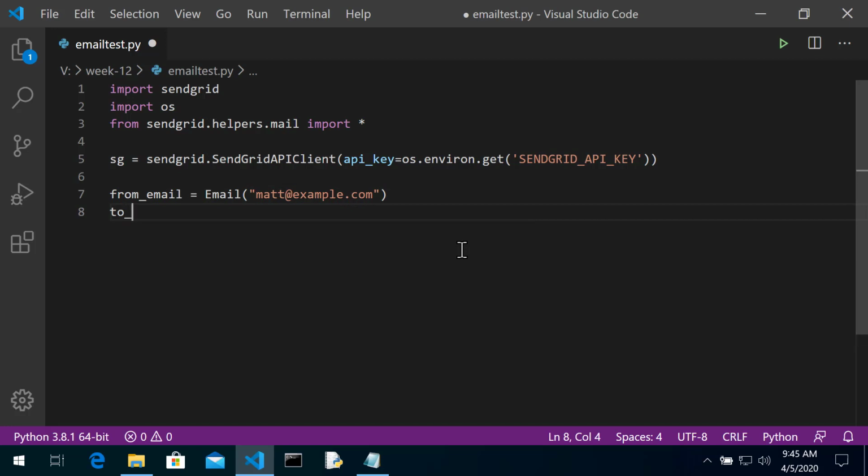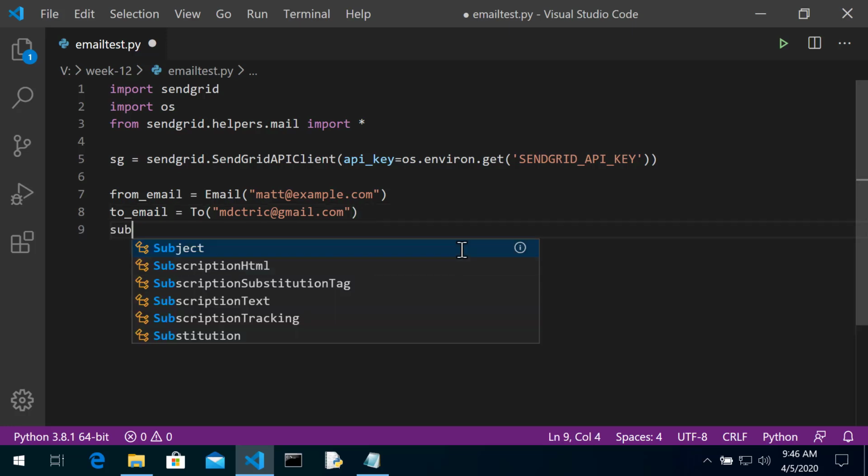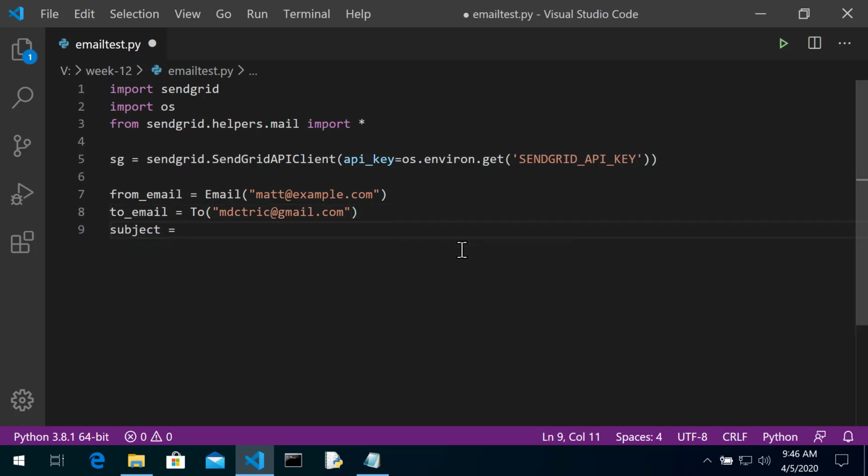The to_email is going to equal mdctric@gmail.com. Okay, the subject equals, this is a test,